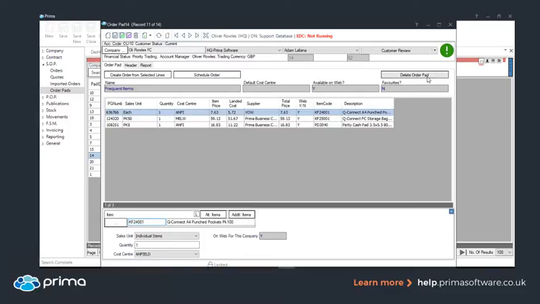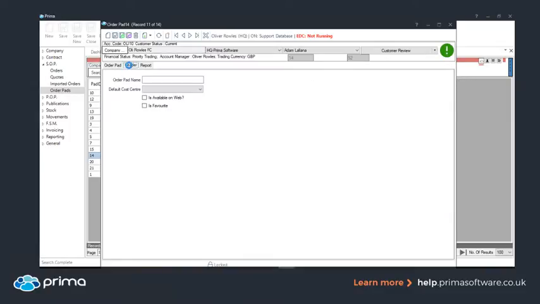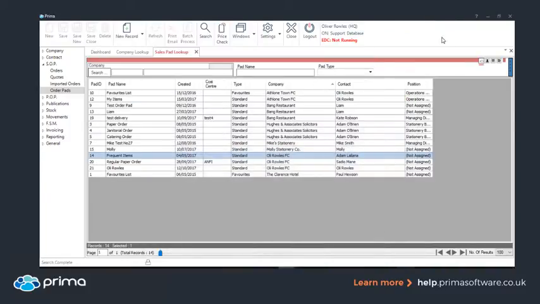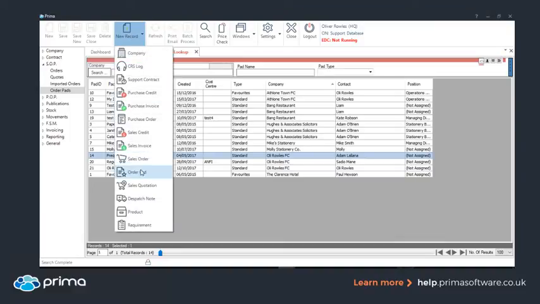You can delete it as well, top right, and then if you go to the header, give it a name, give it a default cost center if you're using cost centers, and then the report function is not available at the moment, but there will be a report built into there as well. Okay, so if you were creating a new order pad in the back office, if I just minimize that for a second, it's just a case of new record, choose the order pad option,